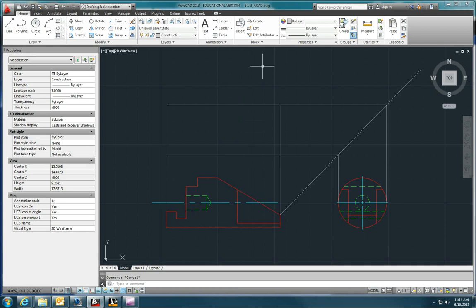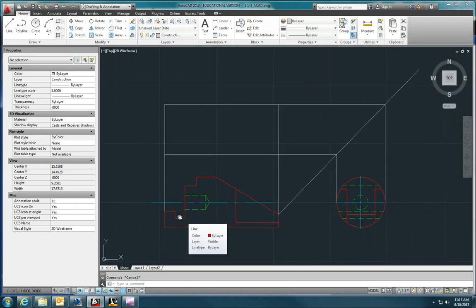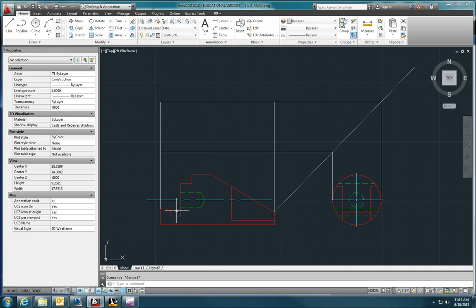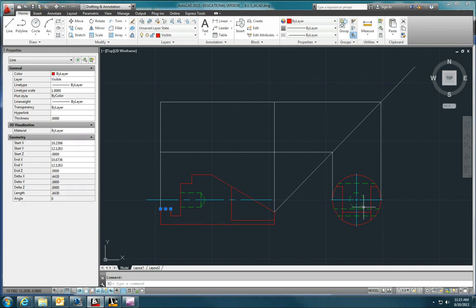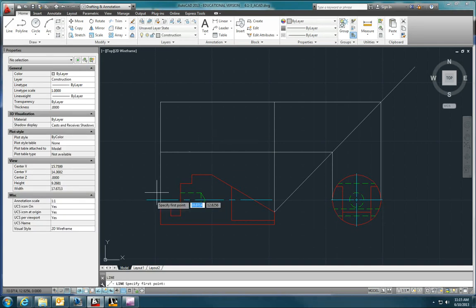Okay, so I want to start off with what I think I know. What I just mentioned was this line and this horizontal plane and that horizontal plane. Now, if you look at the right side view, you can tell that this line is at the same elevation as this line, and you can tell that plane goes uninterrupted across the entire object. So let me, just from these points, draw a couple lines straight up,